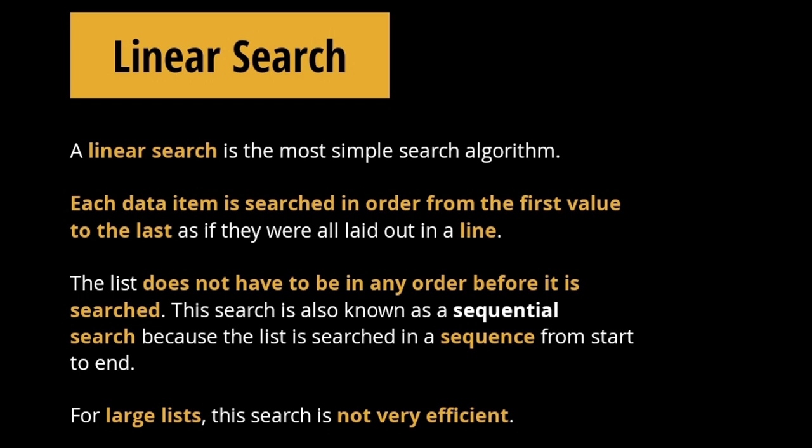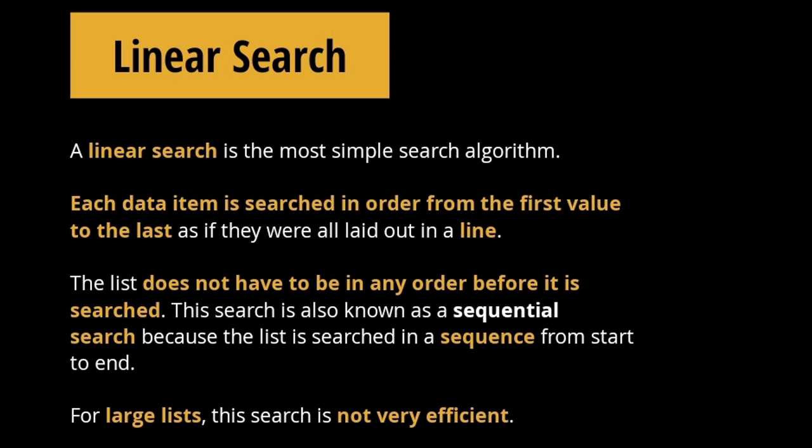It begins with the first data item and moves sequentially through each one until it finds the target item. The slide mentions that the list, or line of students in our example, doesn't need to be in any particular order for a linear search to work. Whether Alex is at the front, middle, or end of the line, you'd still go through each person in order